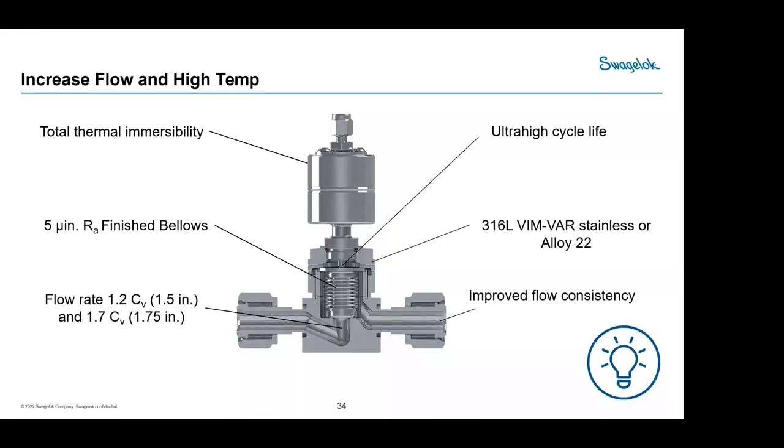So, the RA finishes and all those things that are required, the flow rate, the industry is trying to get more material or more media onto the wafers as quickly as possible. So coming up with the flow rates of 1.2 CV or 1.7 CV was critical. So again, continue to innovate, continue to make sure that we understand the needs of the market and continue to